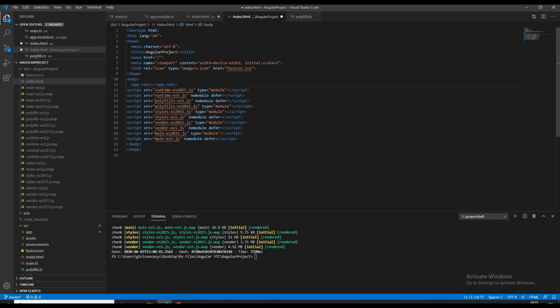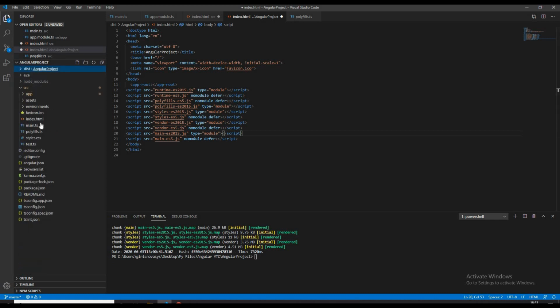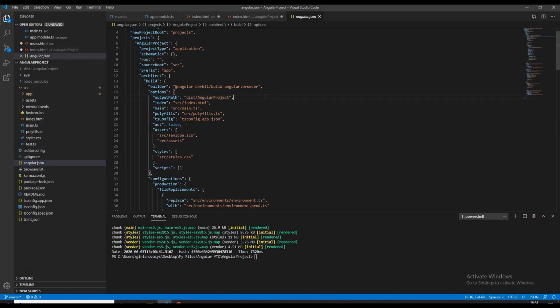Here, runtime.js is the Webpack runtime file. polyfills.js has polyfill scripts for supporting a variety of the latest modern browsers. styles.js contains the global style rules bundled as a JavaScript file. vendor.js contains the script from the Angular core library and any other third-party library. main.js contains the complete core of the application. And one more thing to note down is the configuration file for Angular is angular.json from Angular 6 version. Until Angular 5, the configuration file was angular-cli.json.